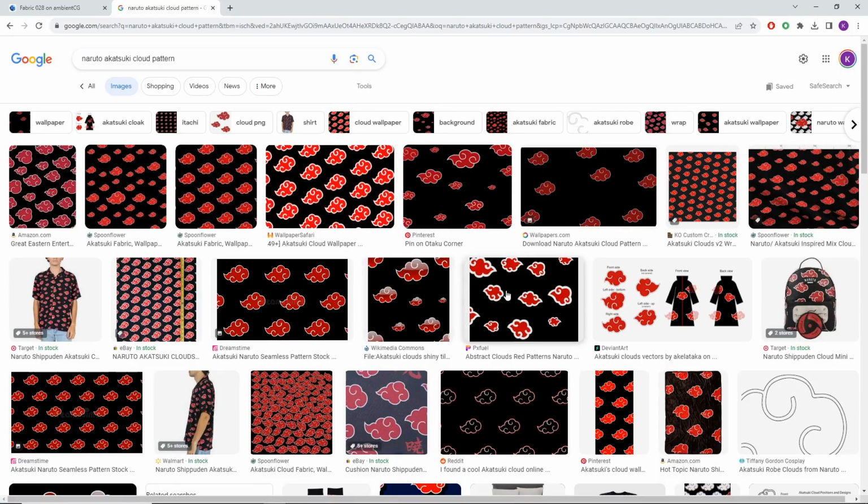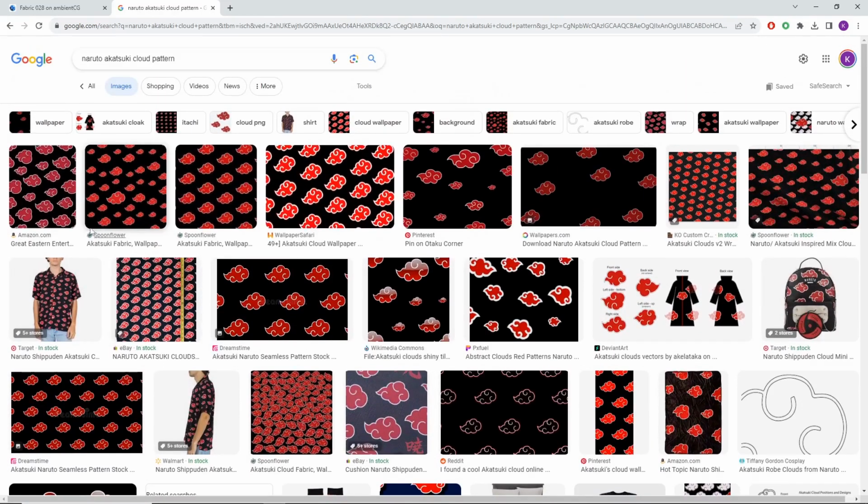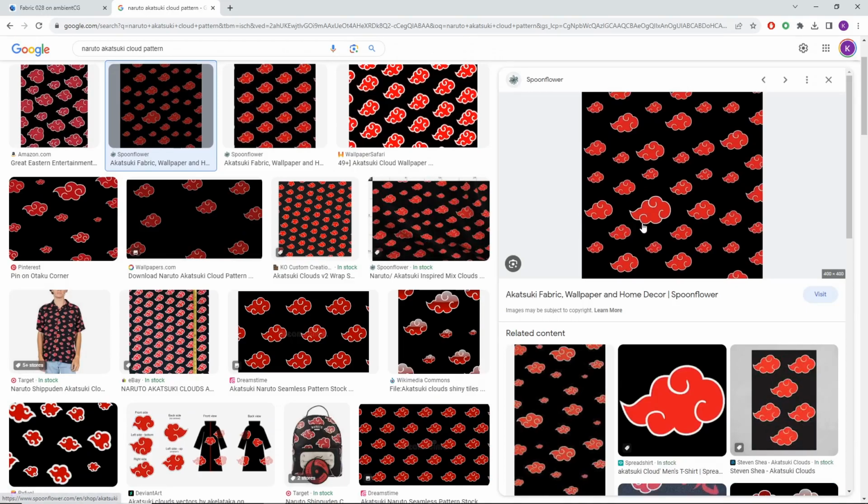Okay, and so now we have a bunch of Naruto Akatsuki cloud patterns. A shocking amount that people have done. So I'm going to make sure and leave a link in the description to this image that I use, whichever one I use, because I don't want to have any copyright issues. But I think most people, you should be fine. So I've got this. So now I'm just going to download this to my computer and we'll take it from there